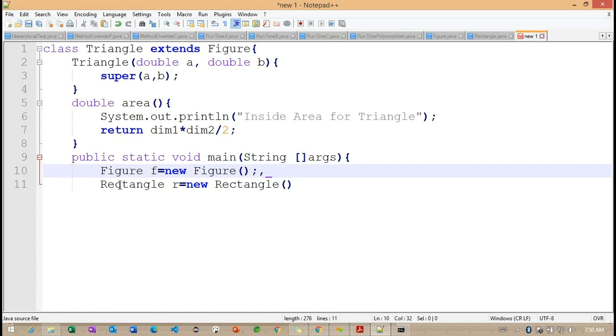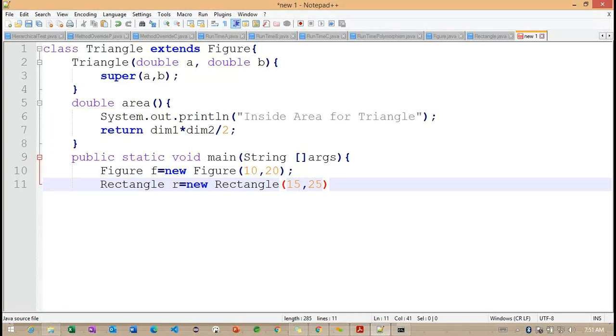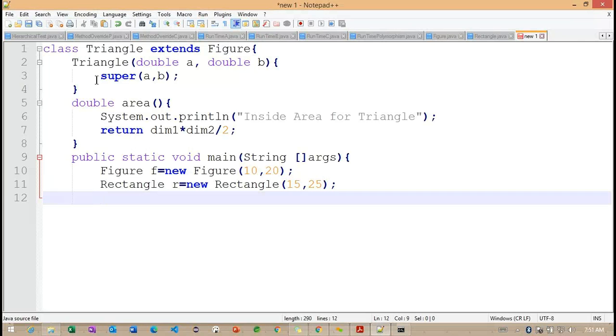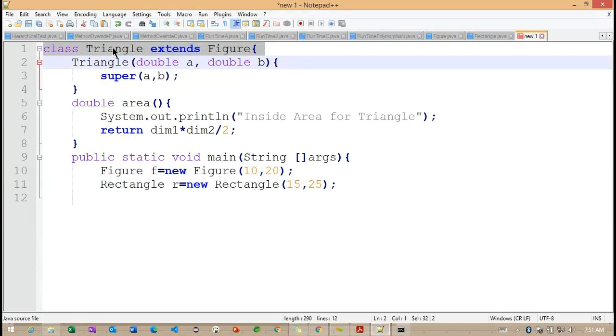So what are the values I want to specify? Here I want to specify 10 comma 20, and here 15 comma 25. So this is the Rectangle class.